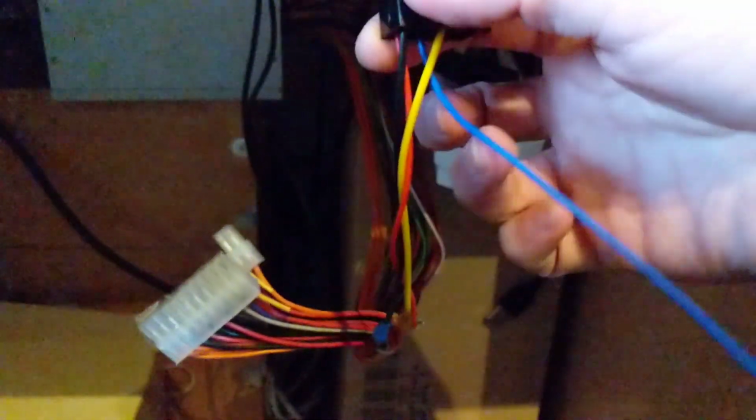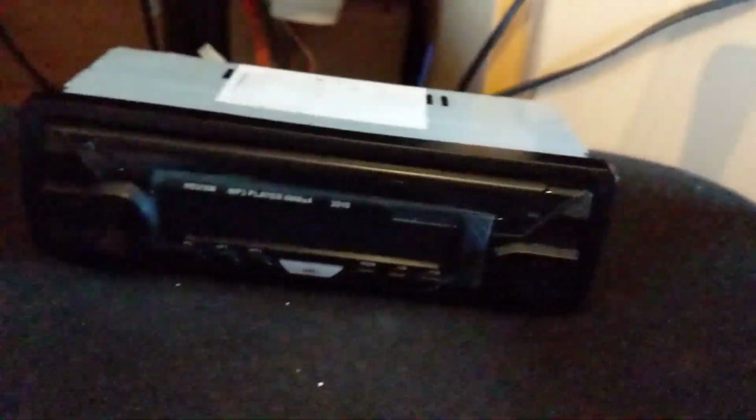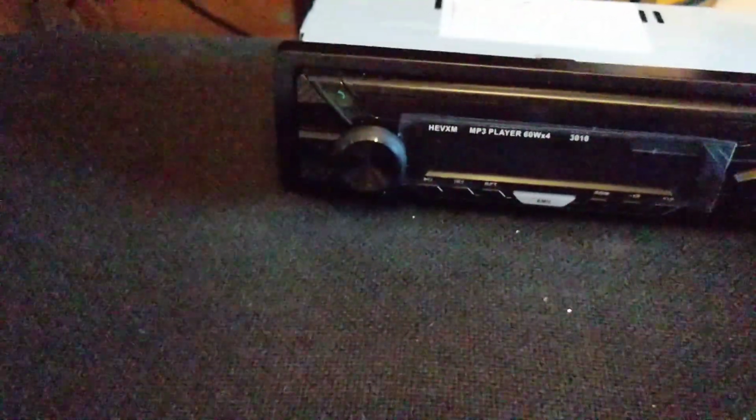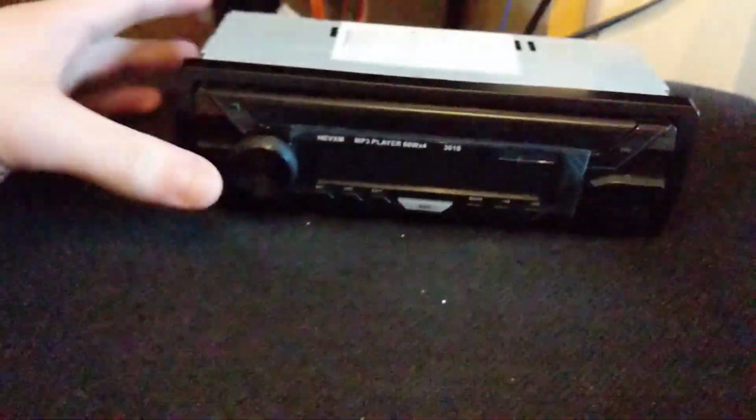So this is the other cable that you get. It's basically got power lead, negative, then you got the standby one, and the amplifier turn-on cable. So you really just plug it in like so. In your case this would probably be on by now, but in my case, let me do just a slight adjustment real quick. Okay, in my case, I actually have to turn on the amplifier, so this turns on the amp as well. And if I were to turn it on, this is the power button,